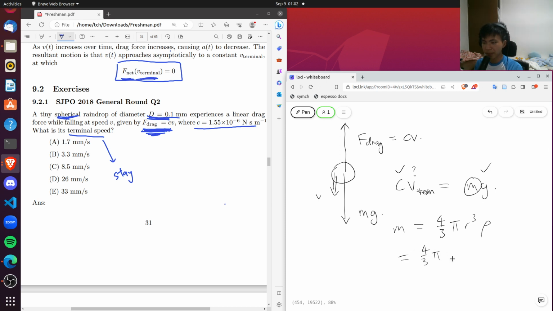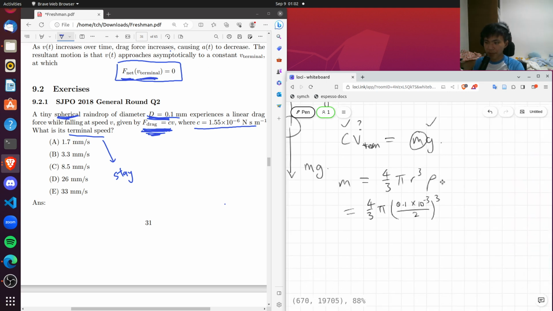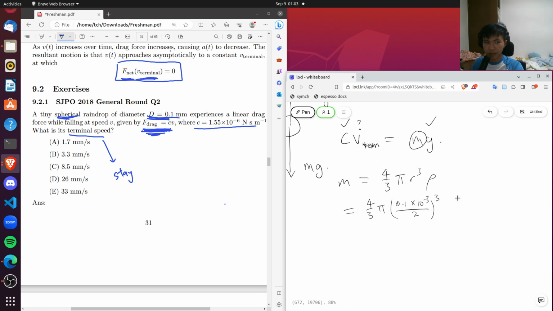So this is 4/3 pi times 0.1 divided by 2, sorry, 0.1 mm. So we need to be careful about the units. 0.1 times 10 to the minus 3, we're always working in terms of meters, divided by 2, cubed, times rho. What is rho? Rho is 1000 kg per meter cubed. So this is 1000. Okay, so if we calculate this out, punching the calculator,